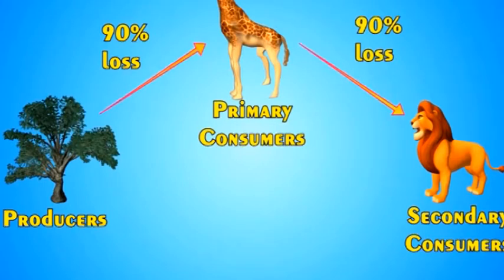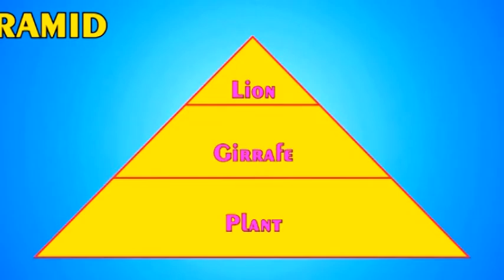So does giraffe get all the energy from plant which plant gets from sun? Or does lion get all energy from giraffe which giraffe gets from plant? The answer is no. Actually, 90% energy is lost when it passes from one part of chain to other. Like 90% energy is lost when giraffe eats plant. Similarly, 90% energy is lost between lion and giraffe. Look at this pyramid. It is called energy pyramid. This shows that energy available becomes lesser and lesser as we move to the top of food chain.